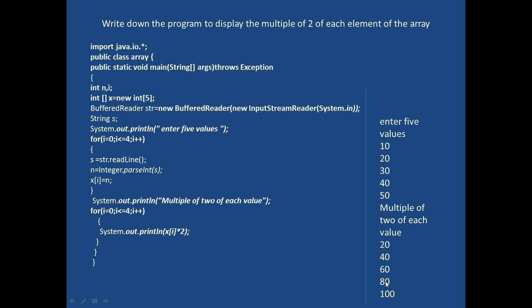Similarly, we will get 80 and at the last we will get 100 because it's the multiple of 2 of 50. So this is quite simple. First we enter values and then when we will display the values, we will display each value of the array after multiplying it with 2. Okay, got it?